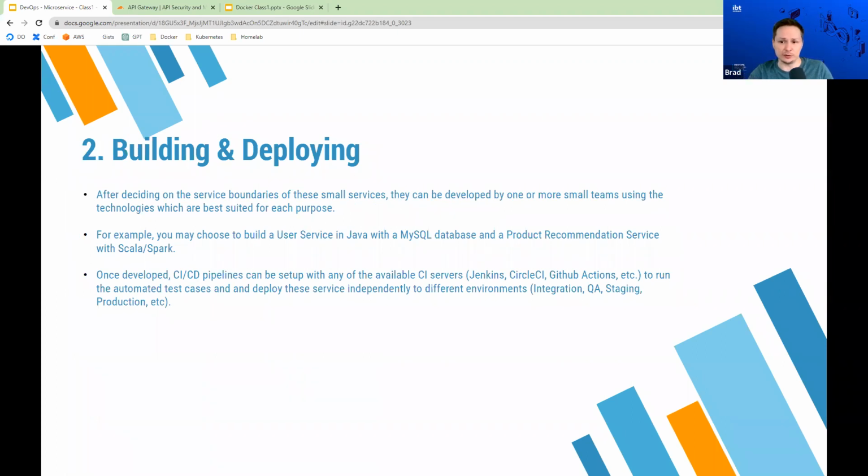Once you've developed your microservice, you can use CI/CD pipelines, and you can set them up using whatever CI service you want, like Jenkins, CircleCI, or GitHub Actions, and it can run the automated tests against those individual microservices. And since things aren't coupled together, those tests don't impact each other.